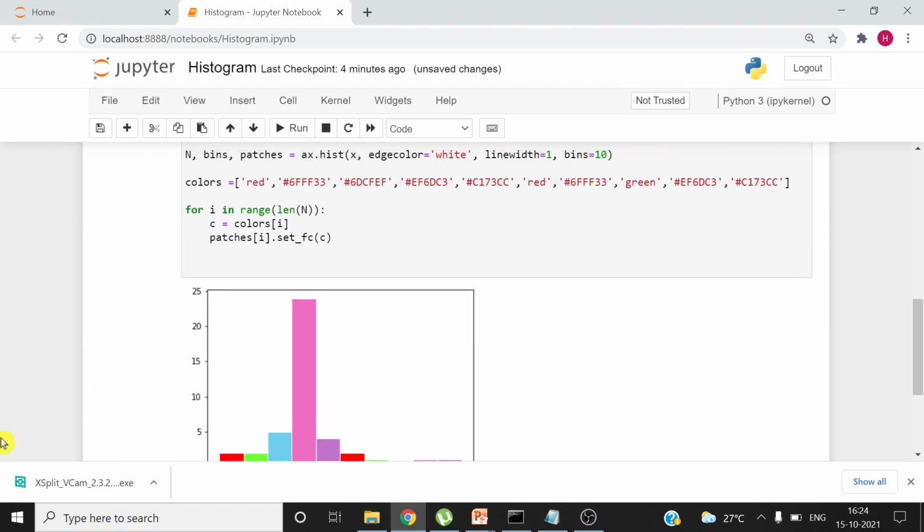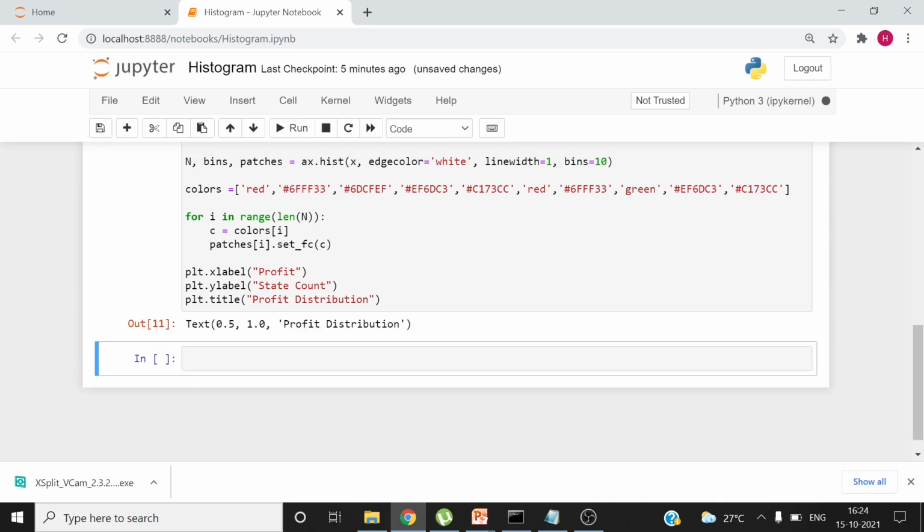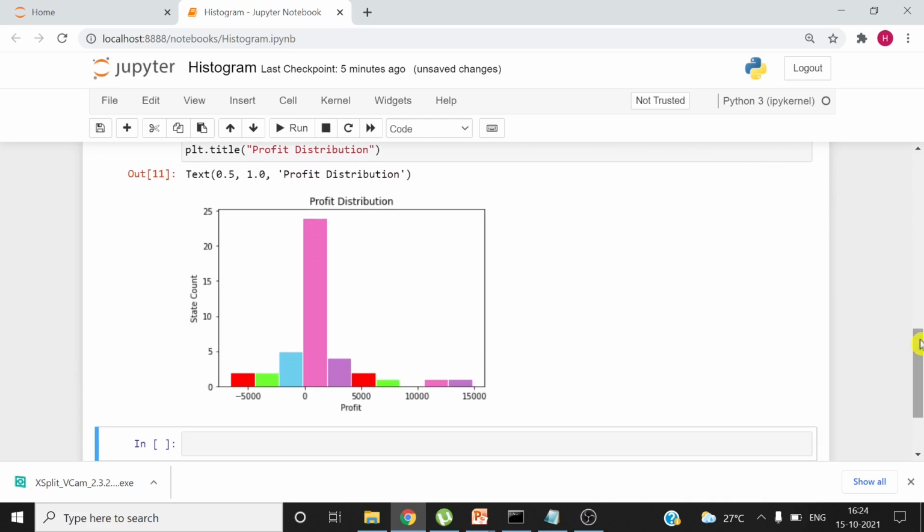So now we have to add a few more things to make this matplotlib histogram more informative, which is the title and the label names of the x and y axis. Here it is: plt.xlabel, plt.ylabel, and then you just do shift enter. You can see now on your screen you have the matplotlib histogram, or matplotlib histplot, with colors and the distribution.